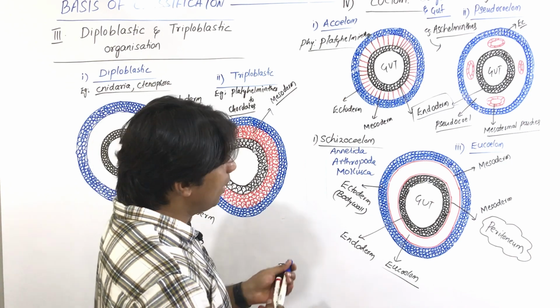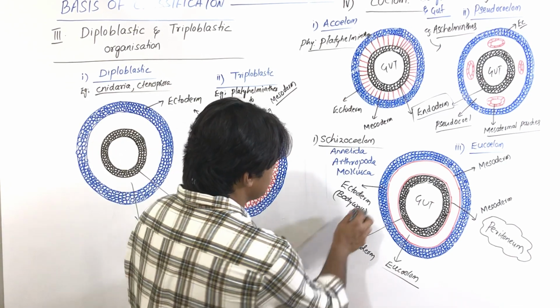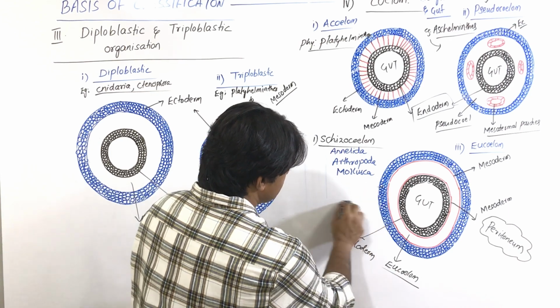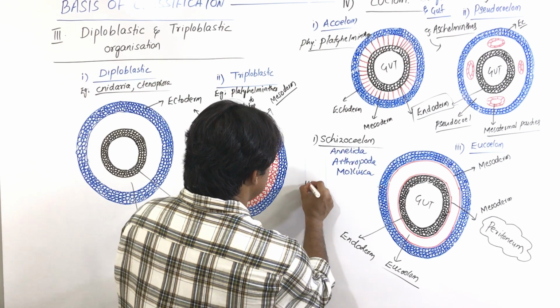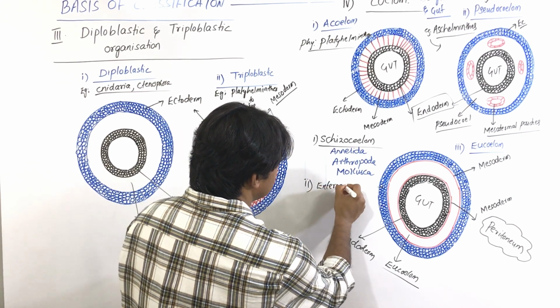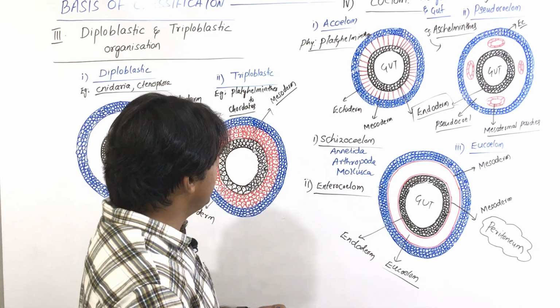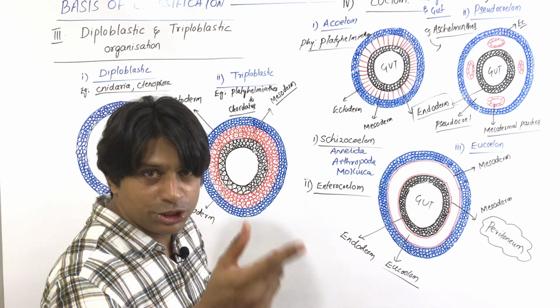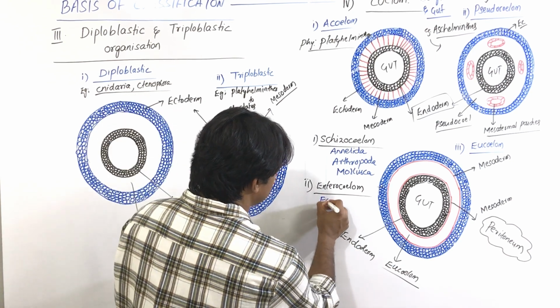Next, there is one more true coelom which is known as enterocoelom. Enterocoelom type of coelom formation, which is also a true coelom, is found in your echinoderms,